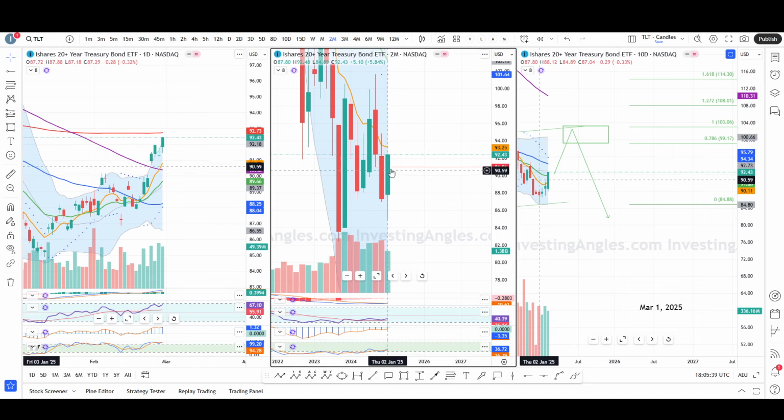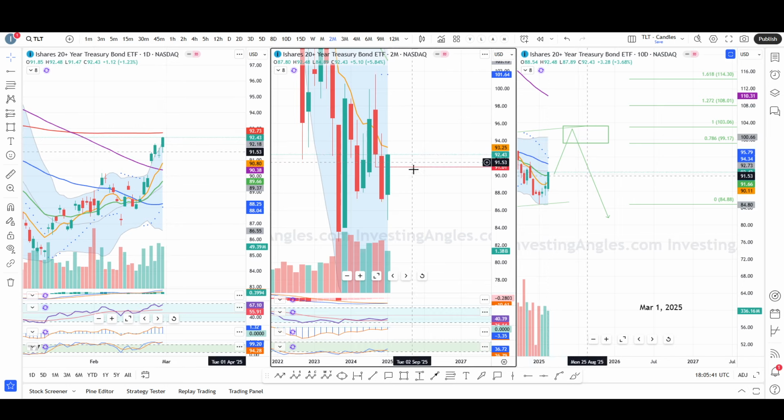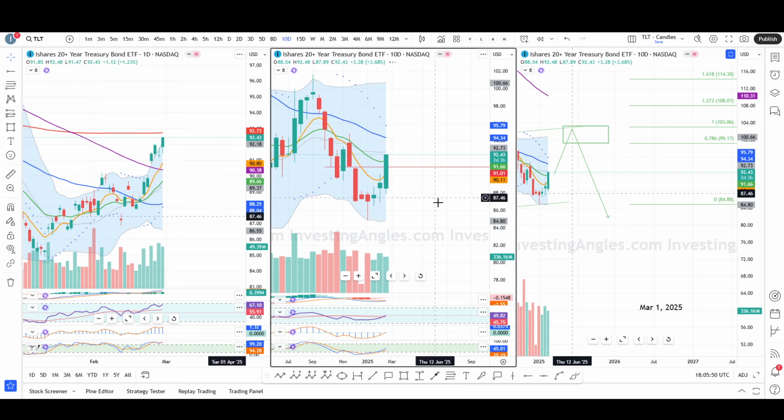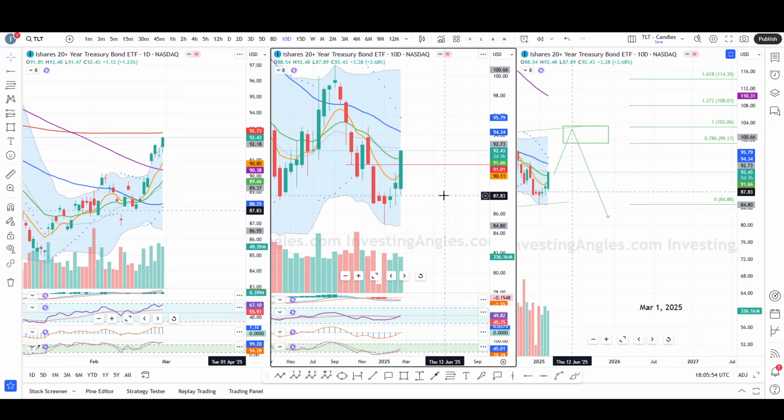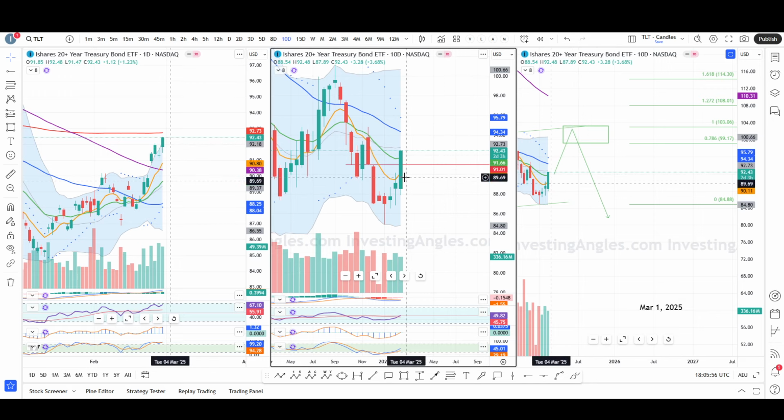We have an inside up candle, and the chances for the next 2 months to be bullish are significant. What I would be looking for right now is the 10-day closure, which is happening on Monday, and that will be quite important. If we close above this level, which is